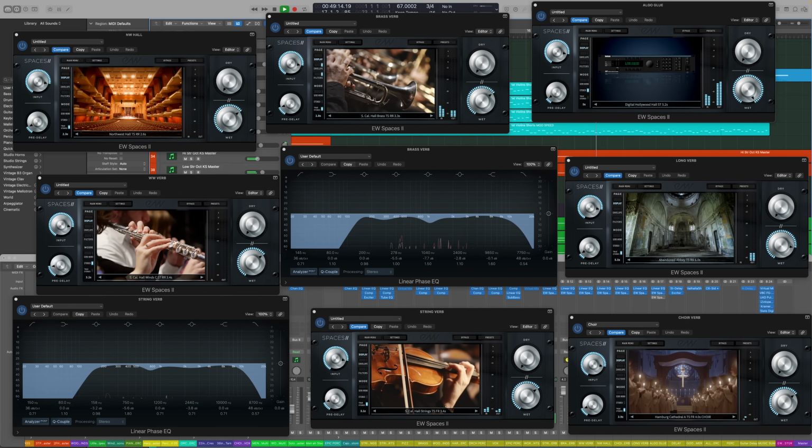Now, we're not going to get too technical in this video, so no worries if you're a little bit new to all of this. But basically, we're going to end up with the reverb setup that I use in all of my demos, and we'll be talking about the practical reasons for the choices that went into it. So let's go ahead and get started.